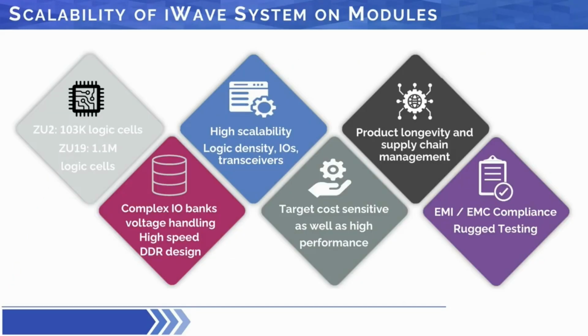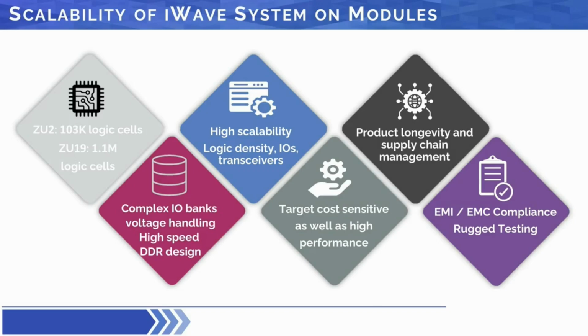Looking at now, what is the advantage of this system on module and what is the scalability it provides? The SOM approach for the FPGA SoC allows greater scalability for the end application in terms of logic density, FPGA IOs, and number of transceiver lanes. For example, a well-designed carrier board architecture can cover system IO ports for multiple end products ranging from the ZU4 with 192K logic cells all the way to ZU19 with 1.1 million logic cells. This SOM approach allows you to migrate to new generation SoC solutions without changing the product architecture or mechanical